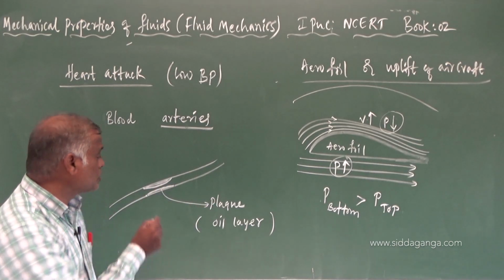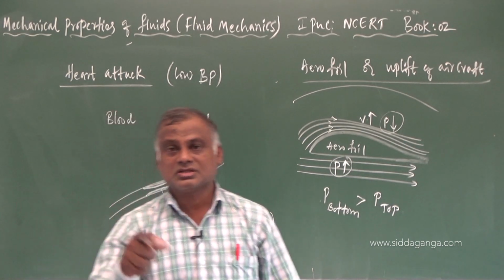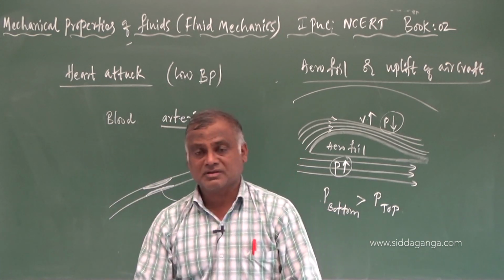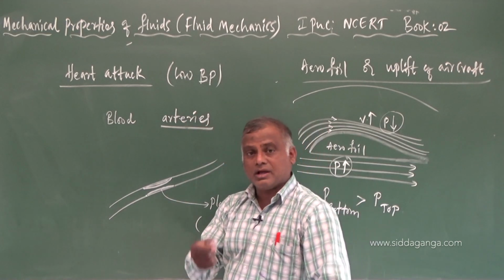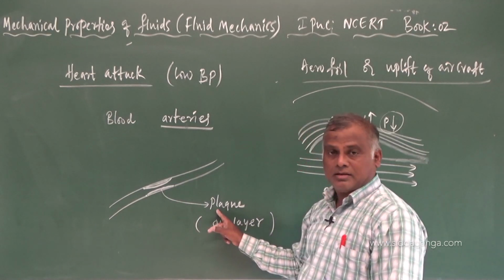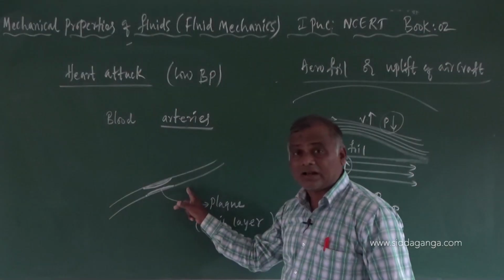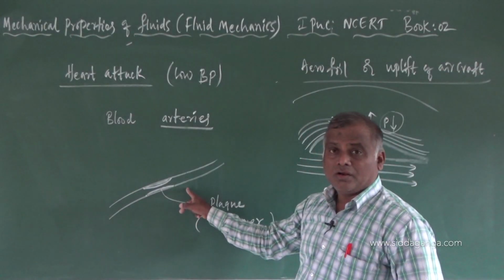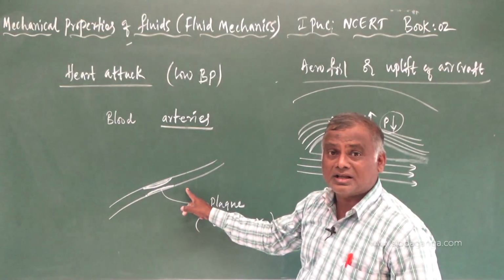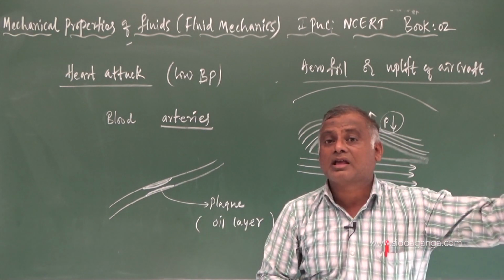ಜಿಡ್ಡಿನ ಪದಾರ್ಥ ಕುಂತ್ಕೊಂಡಿರುತ್ತೆ. Cholesterol, bad cholesterol is there, good cholesterol is also there. Good cholesterol is needed for a human body for living purposes. A good healthy person should have good cholesterol. The bad cholesterol, because of this plaque, because of deposition of oil on the walls of the arteries, causes a constriction in the flow of blood. Blood will not flow easily as earlier.